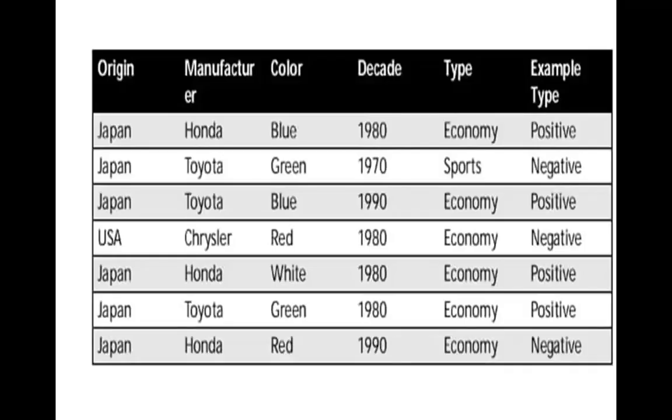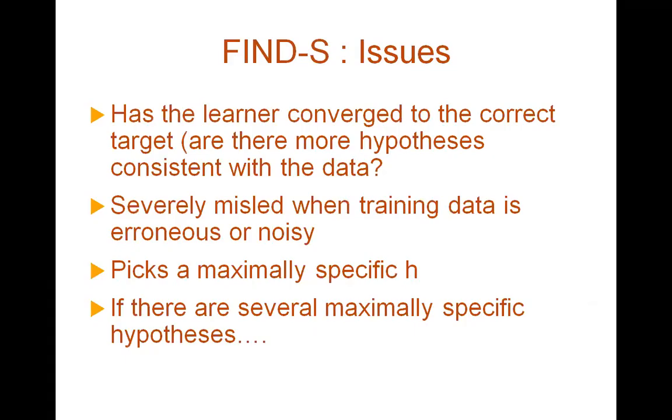And here is one more example. If you apply Find-S for this data set, what hypothesis are you going to get? Here we have 4 features, okay, or 5. 5 features are there. Example classification is positive or negative. I will not apply Find-S now for this; we shall see that later. Today I will discuss one more algorithm. For that reason, a lot of features are there in Find-S algorithm. That also I will explain later, or just tell.